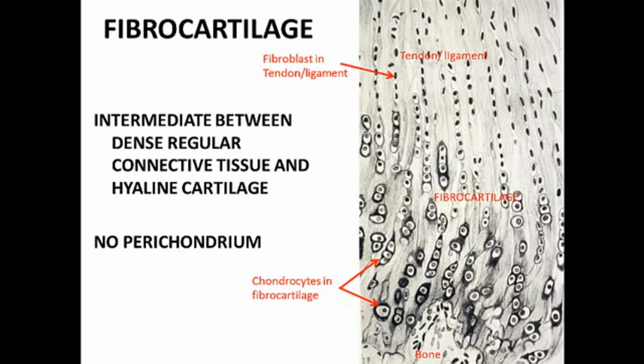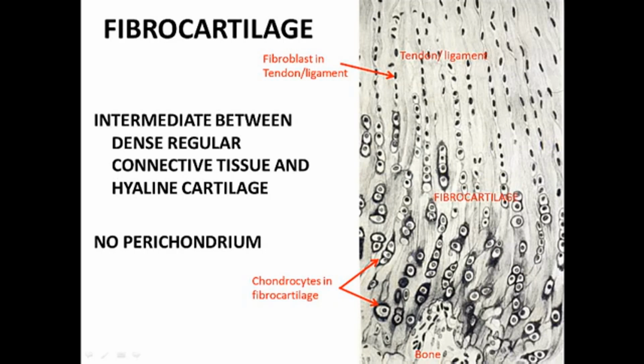Now fibrocartilage is different in that it's between two different types, between a tendon, ligament, and bone. And so here we can see the fibroblasts of the tendon or ligament, and these are big bundles of collagen, type 1 collagen that you see in through there. But right at the transition between this and bone, this is bone down here, you have these